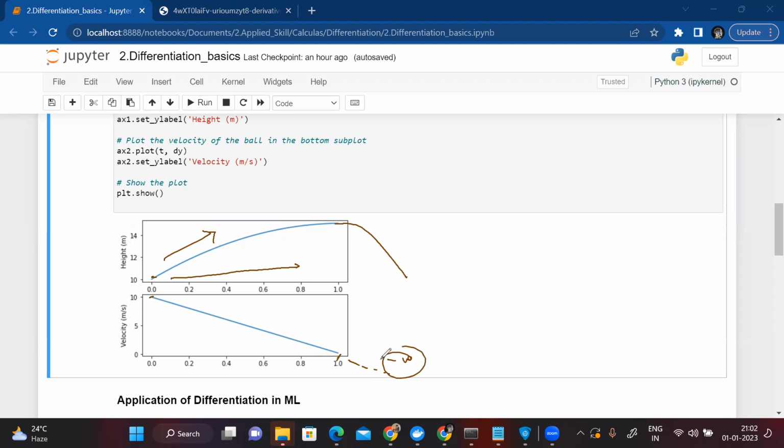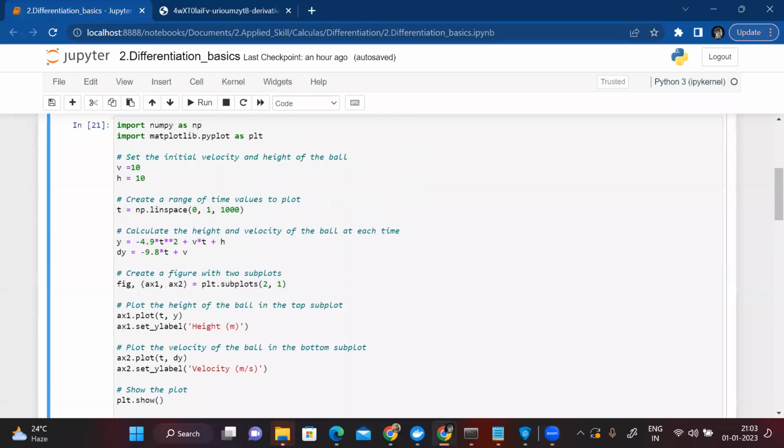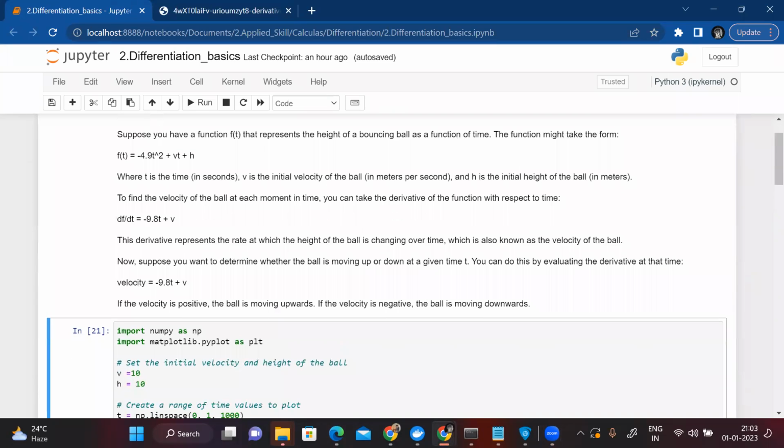Are you getting my point? So that's what we are trying to explain here in the first point. If the velocity is positive, we can say that the ball is moving upward, otherwise we will say it's moving downward basically. So in summarization, what we're trying to tell you is, if something is changing over a period